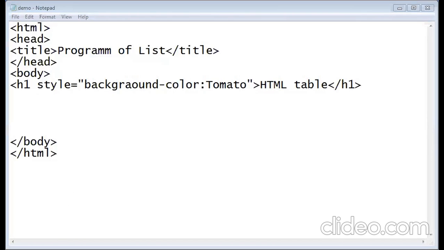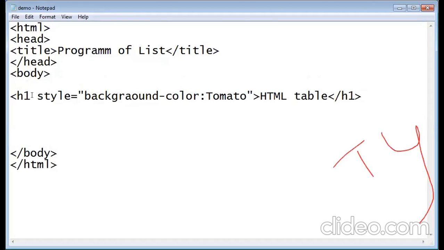refresh it. Okay, something is wrong there. For the heading tag, I am applying background. Okay, the background spelling will be background, then color.